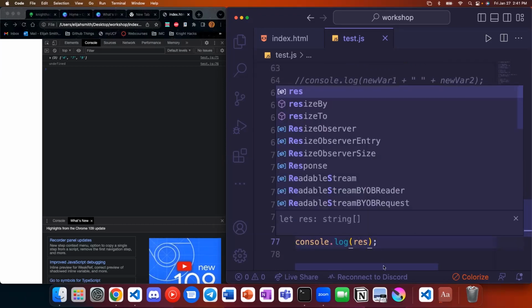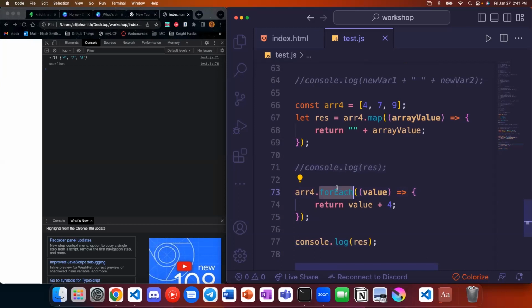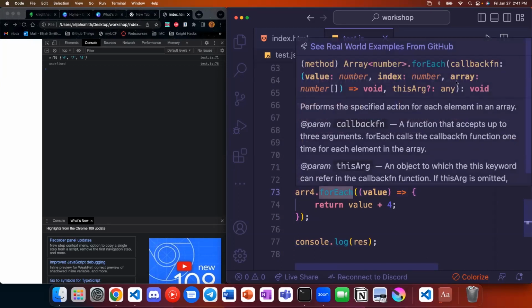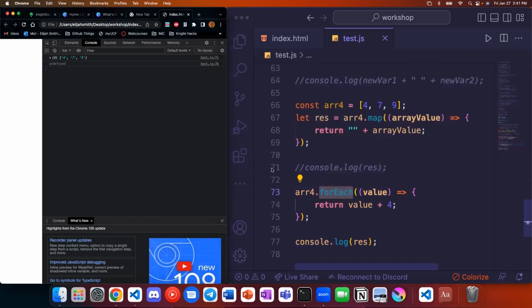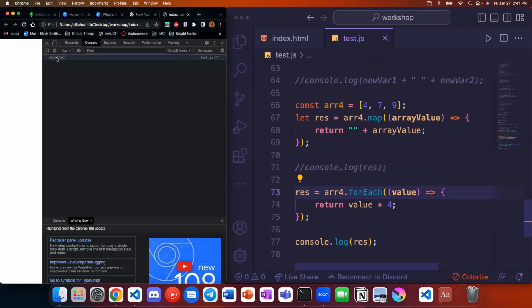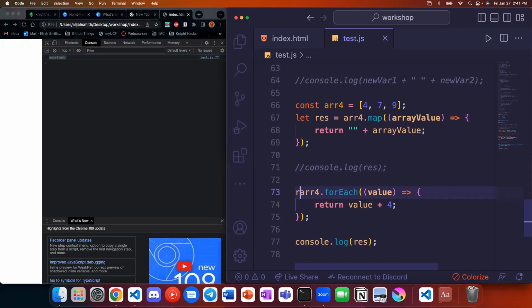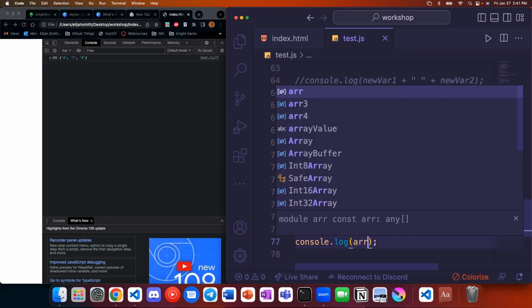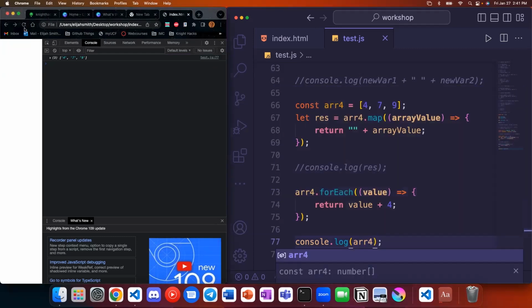Thank you. All right, so forEach here, if we look, actually has a return type of void, which means it just does something and it doesn't reassign into a variable, which is why we were getting undefined. If I were to assign this into res and then try and do something with it, it prints undefined because it doesn't give us anything back. So instead, we just call this by itself, it executes, it does its thing, and then we can use array 4 here is what we want to show.